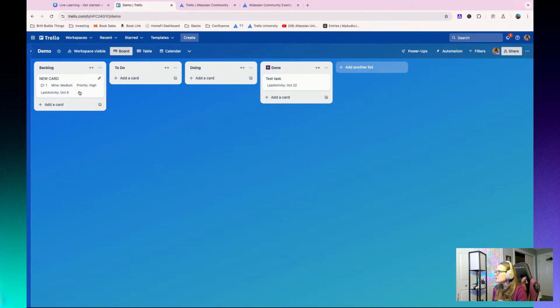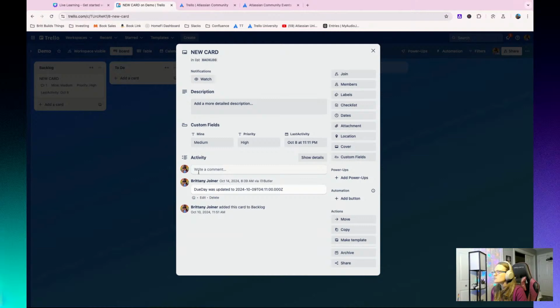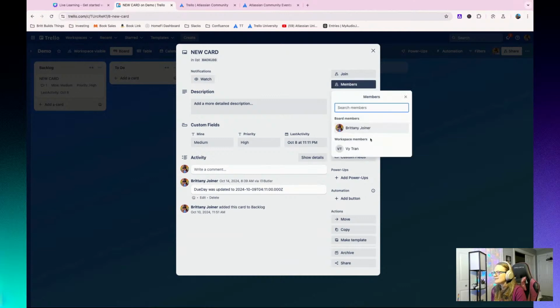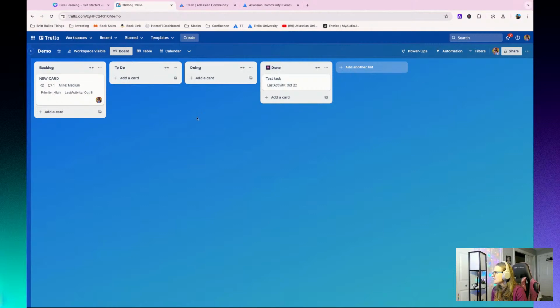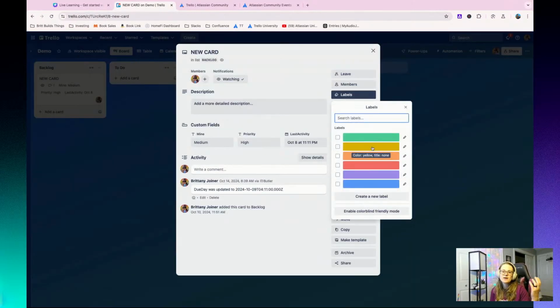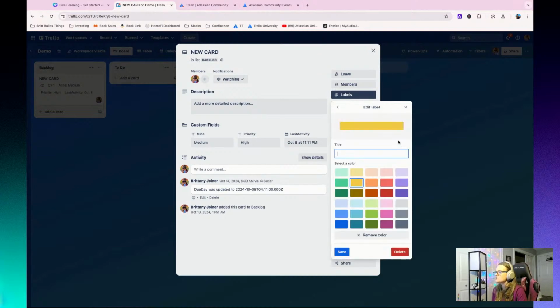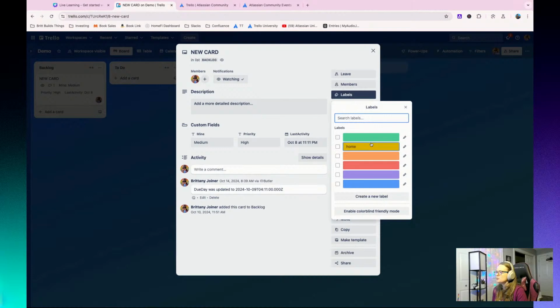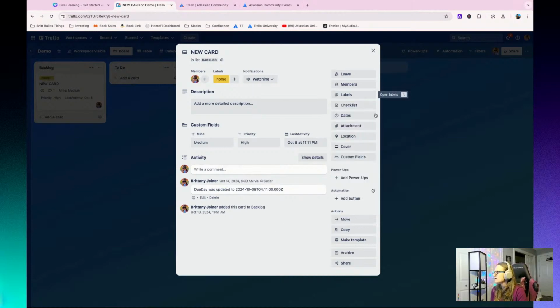The other component you need is these supercharged sticky notes inside of them, and that's where they have cards. And there's lots of different things you can do in these cards, right? You can assign members to them. So I can say, hey, this card is mine. You can also assign labels to them. So this is another way, if you're not categorizing by list, you can categorize by labels. So you could say this task relates to home and put that in there.